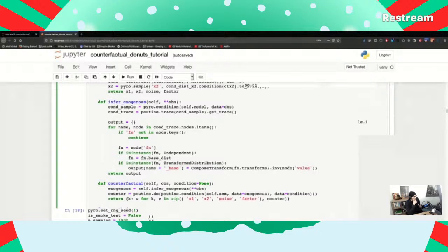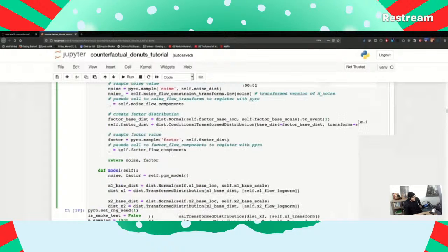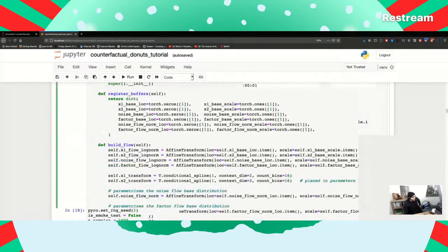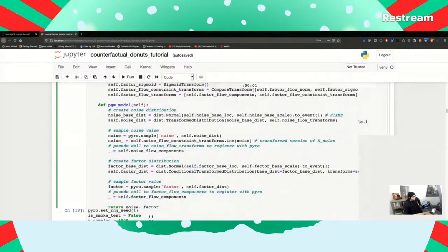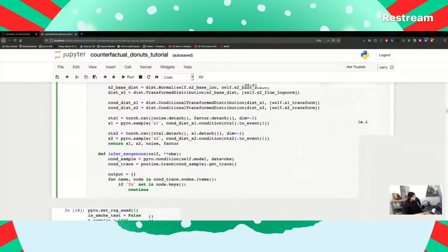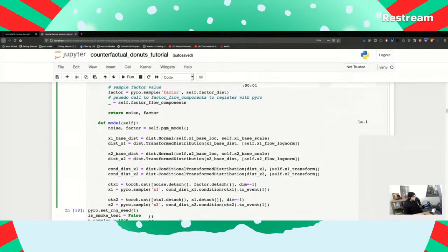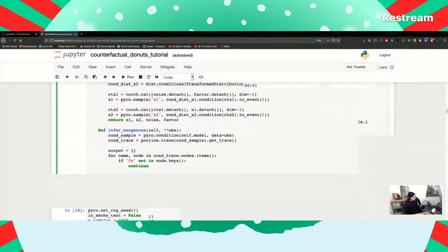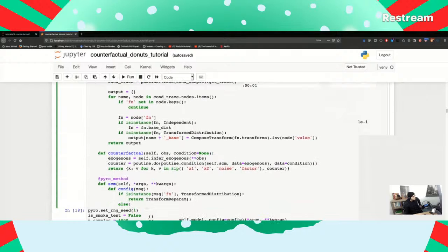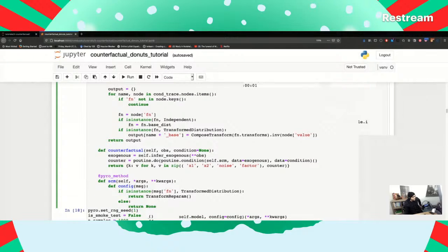output name base equals compose transform. Okay, so it looks like this logic here is grabbing these, we'll be inferring these N variables, which is the first step of the abduction action inference algorithm. And then we observation conditions. So we infer the exogenous variables, we apply